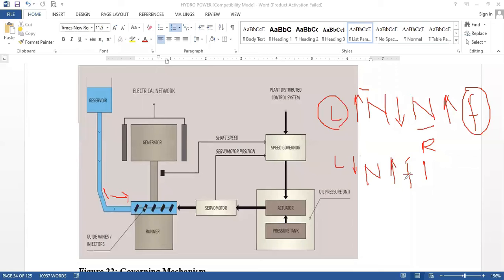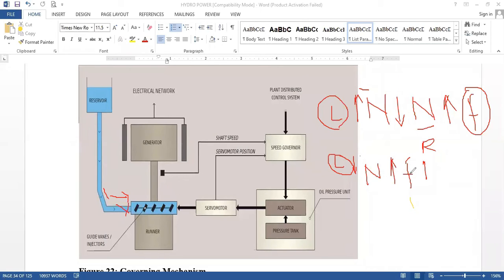Now to control this, whenever there is a reduction in the load, it needs us to control the fuel intake into the turbine. When we control the fuel intake into the turbine, we can control the speed at which the machine is rotating. No doubt, it needs us to always rotate the alternator at synchronous speed, but this we can do within the tolerable limits.